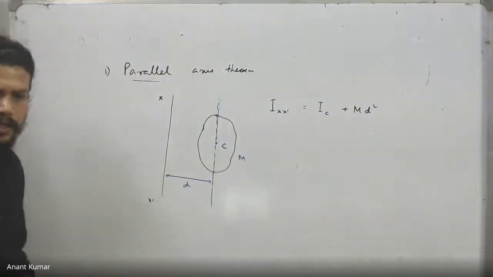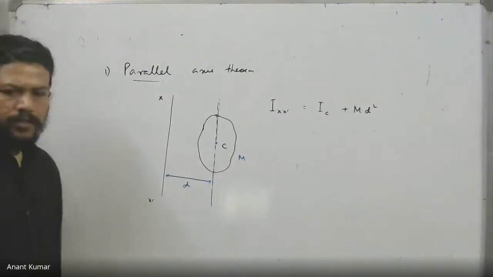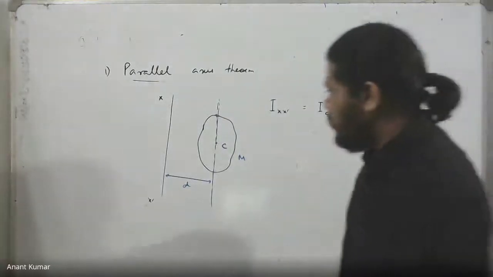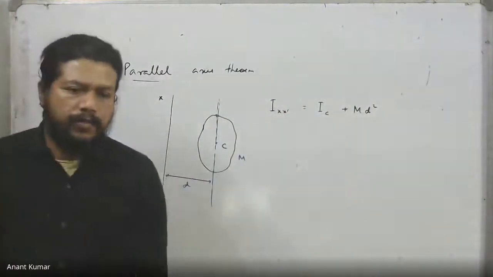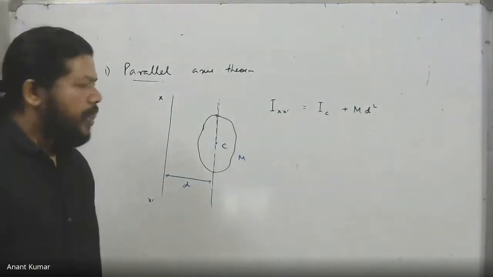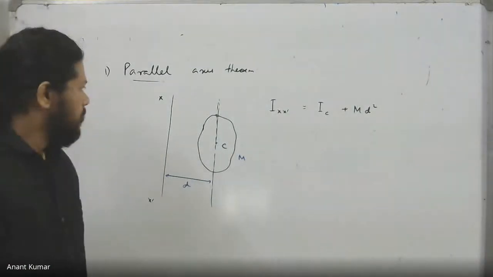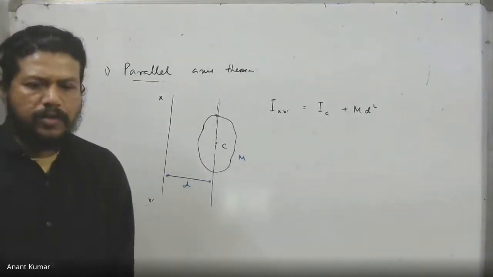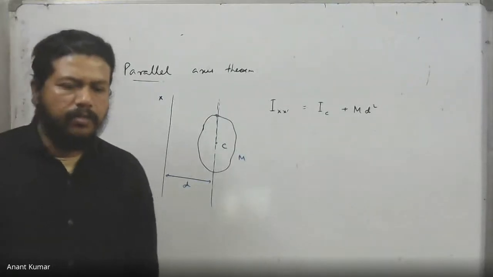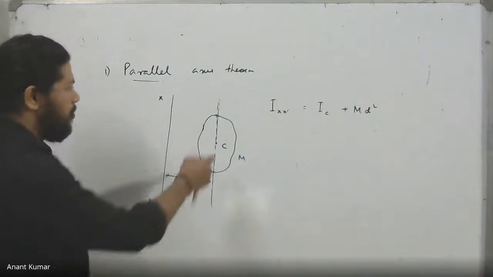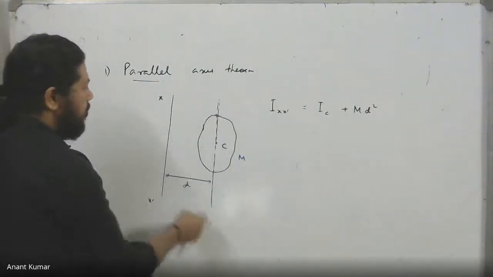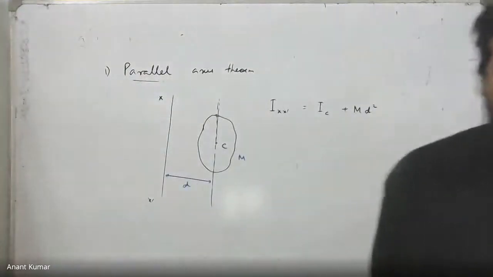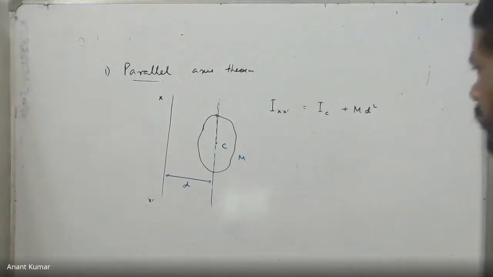That is in this case the parallel axis theorem. It is basically saying that in order to obtain the moment of inertia about a certain axis of the body, we can first take an axis that passes through the center of mass of the body and find the moment of inertia about that axis. And then we can think of the entire mass to be concentrated at one point, the center of mass, and obtain the moment of inertia of that point particle. If I replace everything with a point mass, the moment of inertia for this axis becomes m into d square. So we can finally add the two to get the moment of inertia about the given axis.